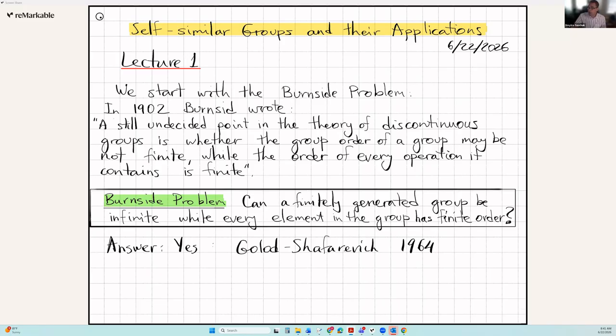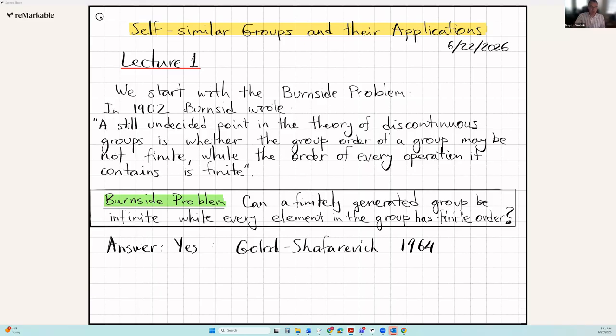By the way, whenever you have questions, please let me know by either typing them in the chat, or you can just interrupt me. I want to make it more interactive. Let me try to navigate with Zoom. Okay, the chat, so that I can see the chat. There we go. Now I think I see what's written in the chat.